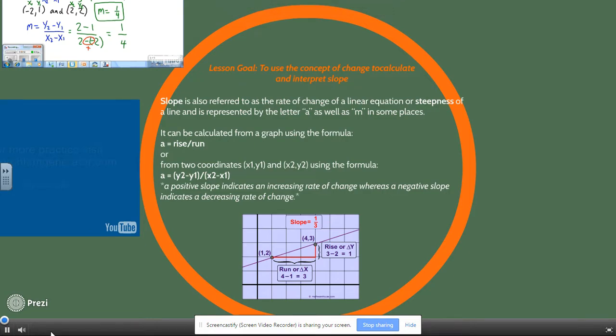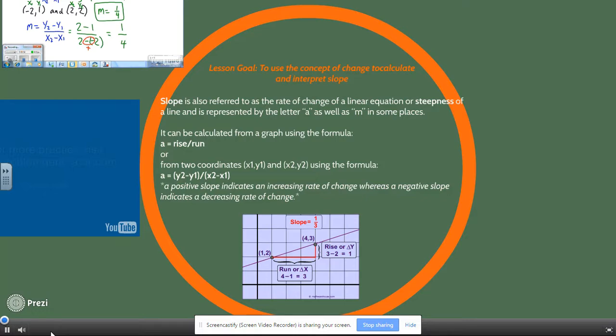Concept of change to calculate and interpret slope. Slope is also referred to as the rate of change in a linear equation or steepness of a line, and is represented by the letter A as well as M in some cases. It can be calculated from a graph using the formula A equals rise over run, or from two coordinates x1, y1 and x2, y2 using the formula A equals the change in the y coordinates over the change in the